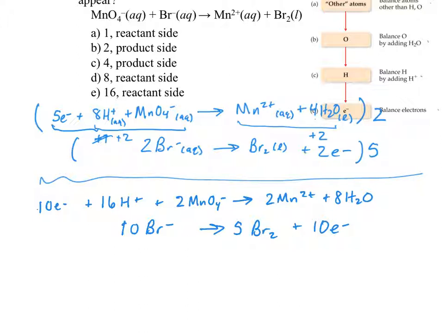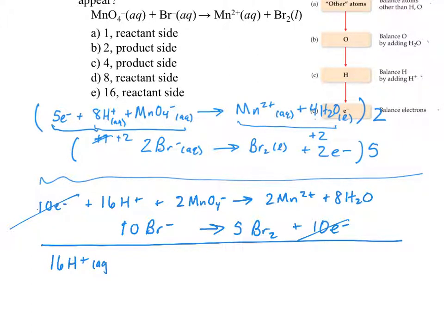Everyone okay with that? Okay, so if we sum up these equations, we're going to cancel out the 10 electrons, because they're showing up in the reactant side of the first reaction and the product side of the second reaction. And those are the only things we can cancel. So we're going to end up with